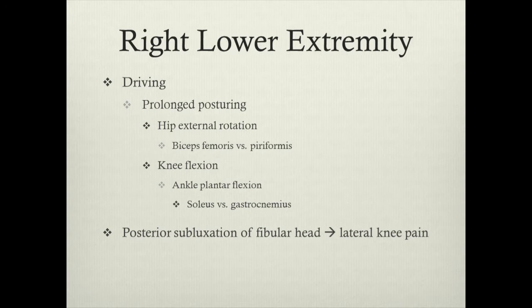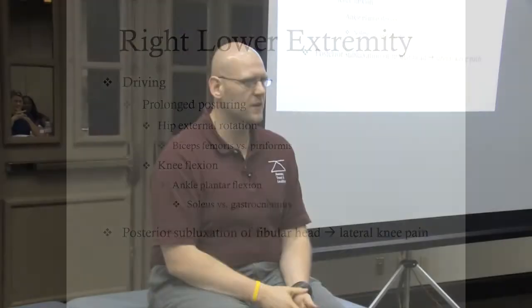More specifically with this line and talking about driving, people drive way too much too, and they don't drive well. So the gas is important because that's where your foot is. So that's where people line their foot up. Well, if you line up with the gas, you're externally rotated the entire time. So that's going to increase the tension on the lateral gastroc, biceps femoris, and piriformis because of the external rotation